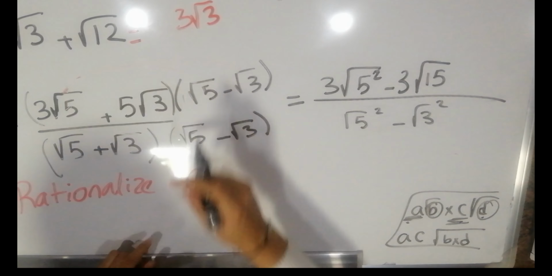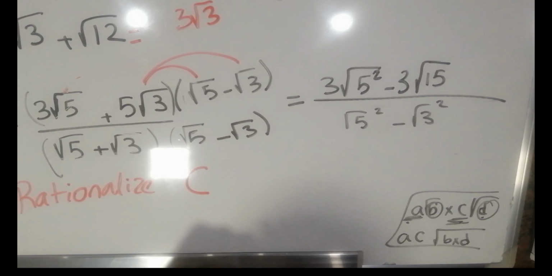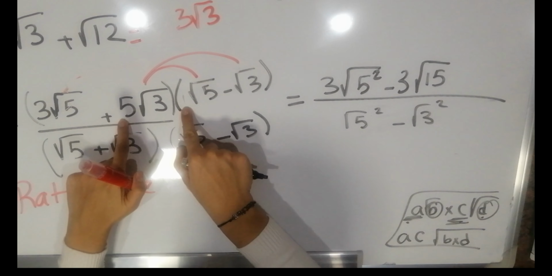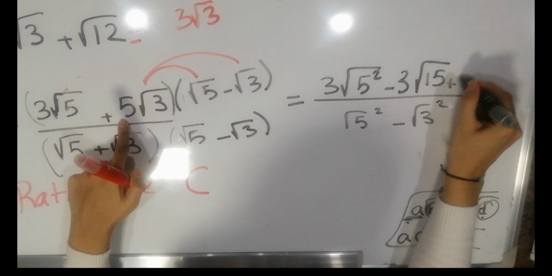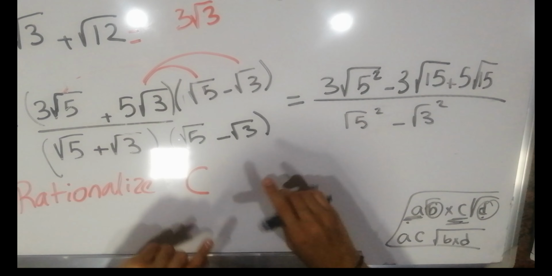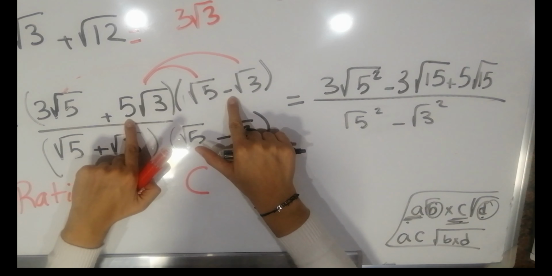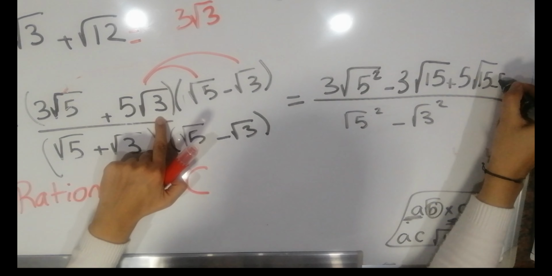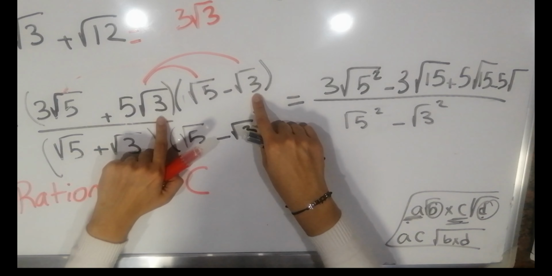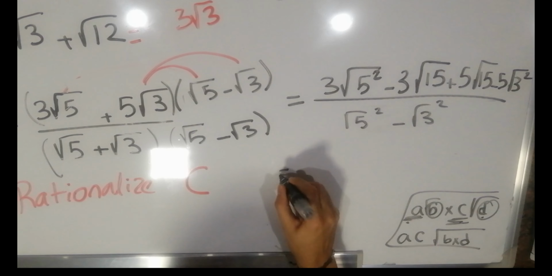Now we are going to move on to multiply 5 radical 3 by the first and the second term. 5 radical 3 times radical 5: the outer numbers together, 5 times 1, it will be 5 radical, and 3 times 5 is 15. And the outer numbers of these two together, 5 times minus 1, is minus 5, and radical 3, the numbers inside I multiply by each other, so 3 squared. Okay, and now I got